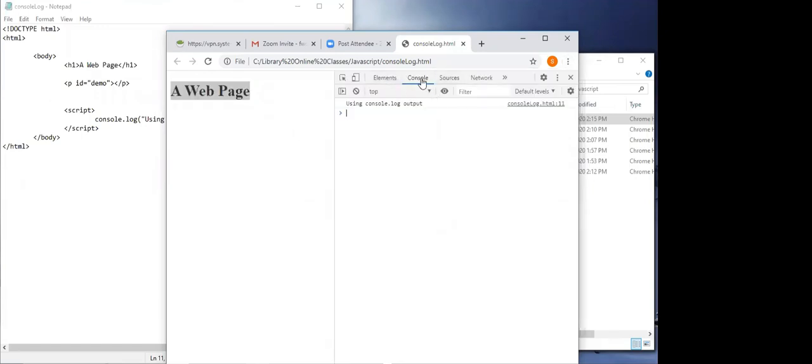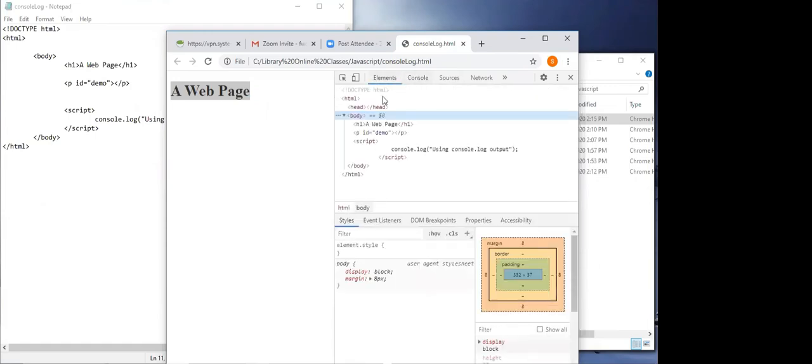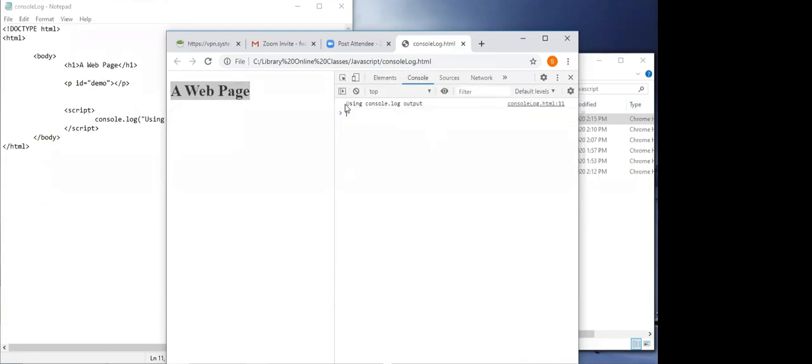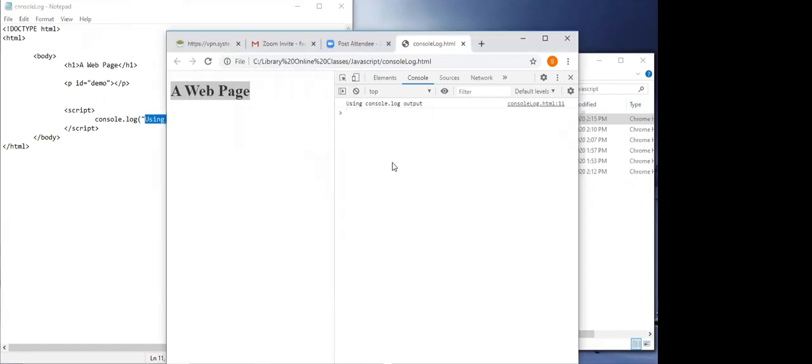There are several tabs inside the developer tool, like Elements, which shows the different HTML elements in my program. If you look way over to the left in my Notepad session, it has the same HTML elements that my program does. But if you click on Console, it'll show the console.log output, and that's what I wanted displayed. So this is how you see output